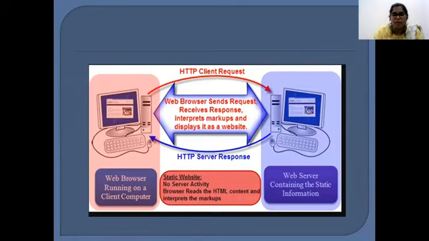It also depends on the browser which is rendering all the code. Sometimes a web page looks different in Chrome, sometimes it looks different in Firefox, sometimes it looks different in some other browsers. It depends on how the browser is going to interpret all of this.